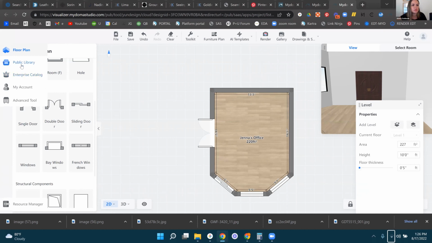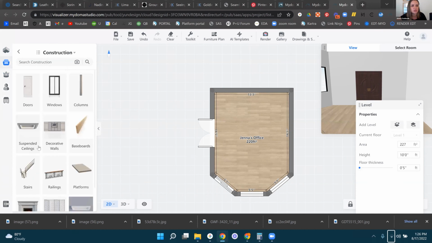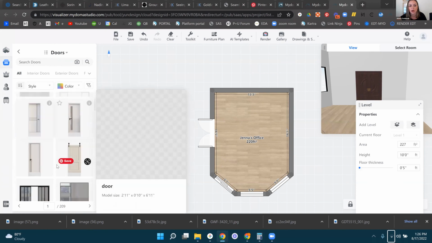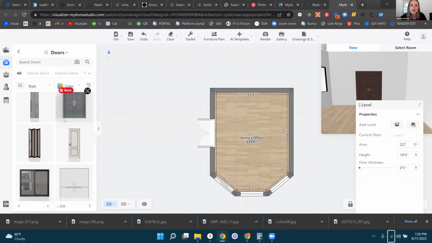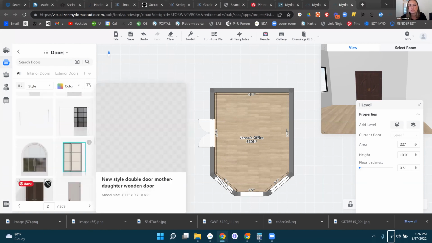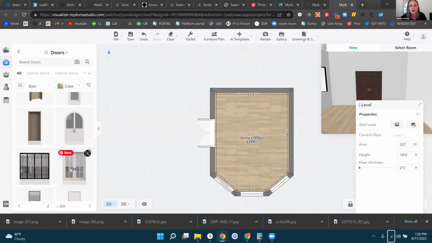So now if we go to the public library and we go to construction and we go to doors, we can see all of the options. So remember we went to replace and we could see a few different options. This here is going to show us all of the other options for our doors. So if we wanted to replace them, maybe we wanted to do